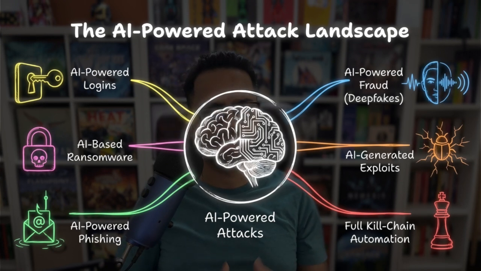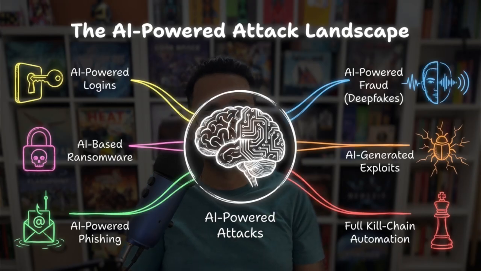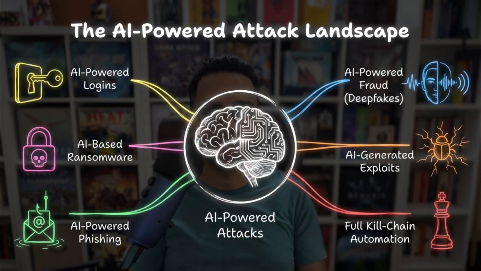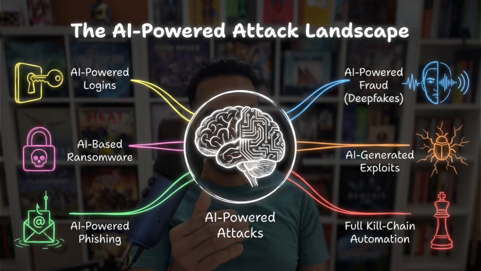And yes, there is nothing else that the hacker had at that point of time, because the job is basically getting into the system by trying different permutation combinations. But guess what? Now the hacker can give this instruction to an AI agent that he or she has built, whose job is to try millions and millions of combinations 24 hours a day to brute force into any systems. The second is AI-based ransomware.